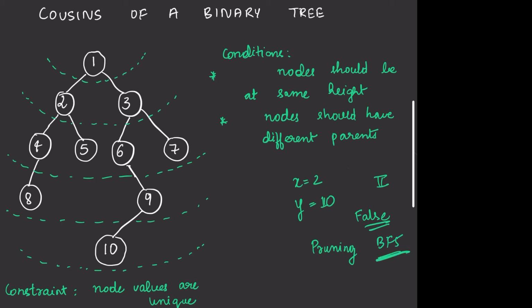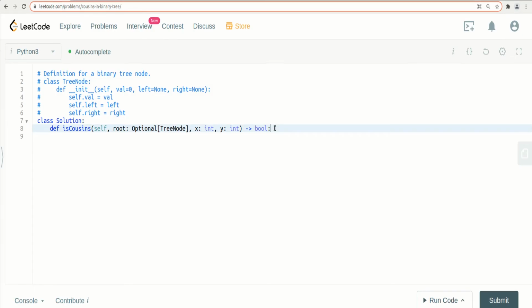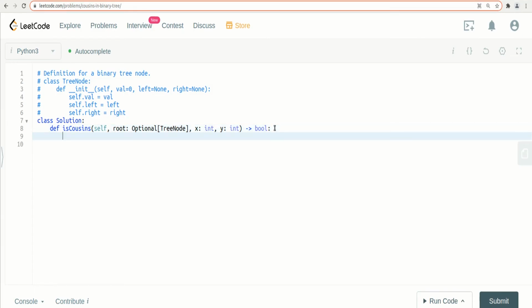So now let's go and code the solution. Let's start with the coding. So let's have a queue. It should have initially the root as an element, and while the queue is not empty, we'll process each node. For the next level,